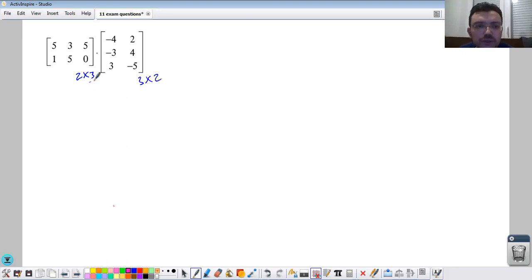So the 2 numbers in here have to be the same. If they are not the same, we are not able to multiply the 2 matrices. If they are the same, we can start multiplying. So once you start multiplying,